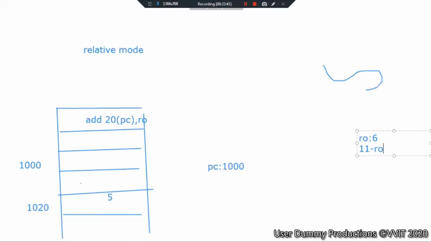Otherwise, no need. Suppose your content is in 1010, but the pointer is in 1000. So how much space you have to move? See, the pointer is pointing to memory location 1000, but the content of the data is in 1010. How much memory location you have to move?